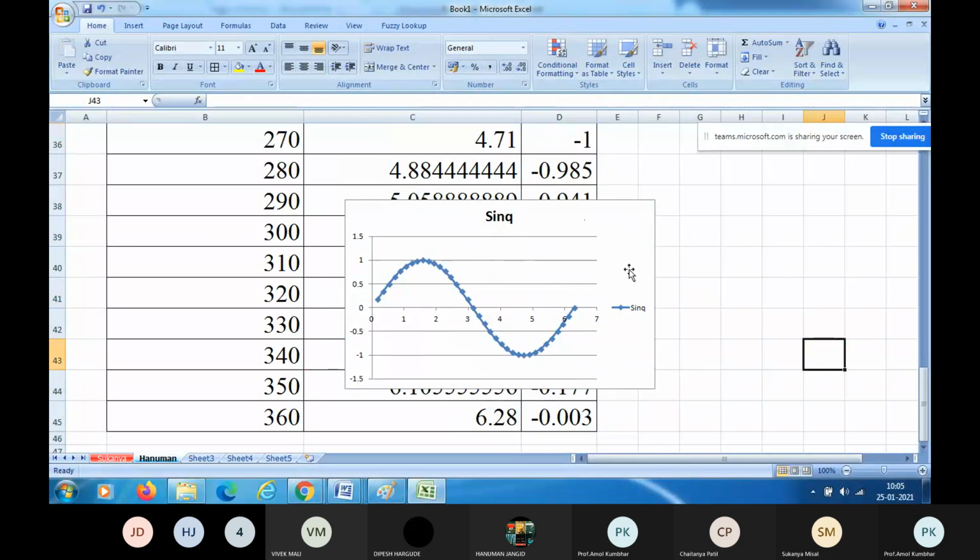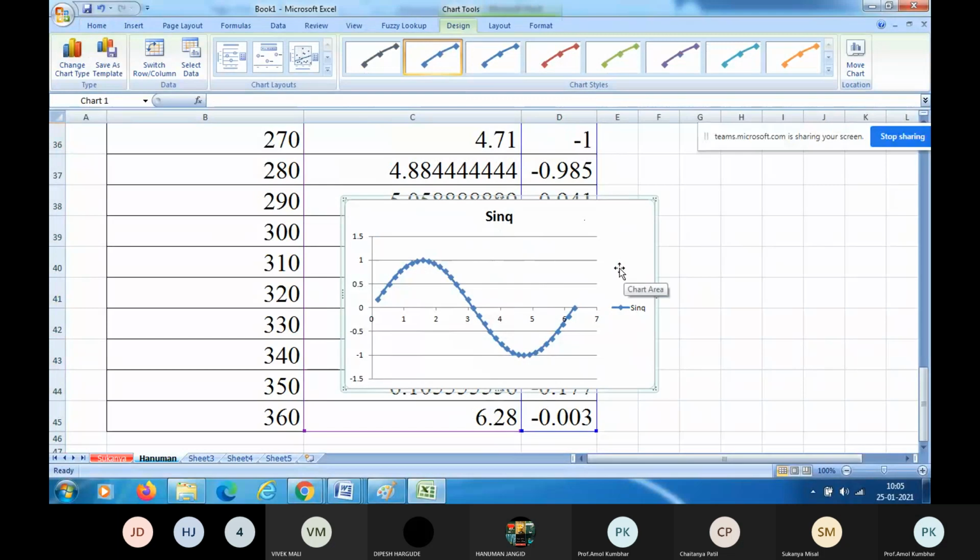So just double left click of a mouse on that graph. You will have the option chart layouts open. You can see chart layouts here.